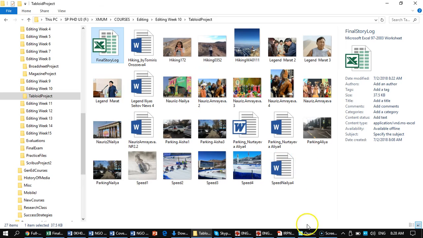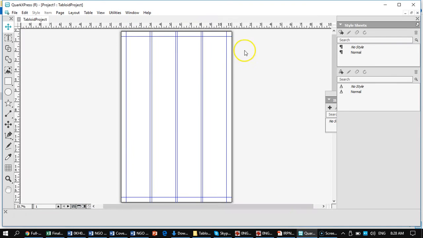I'm going to go ahead and use the hiking story at the top of the page because it is just making that news judgment. Basing on that, and it is a pretty photo, and if I make it large enough, I think I can dominate the page well enough with that. So I'm going to start off, and